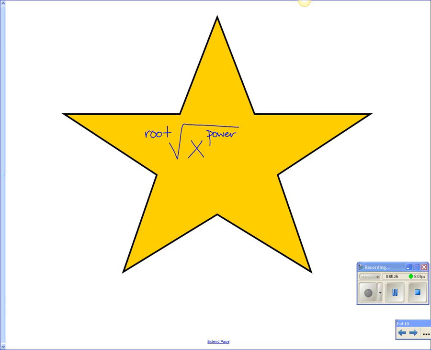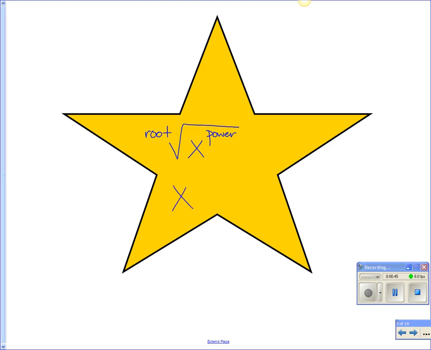So in math, this symbol is called a root. And then if there's a number up there, that's called a power. Like we've been doing: X to the second power, X to the third power. Okay? One other thing you have to learn today is sometimes instead of writing it like this, they're going to